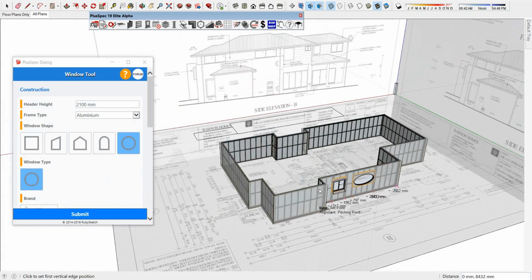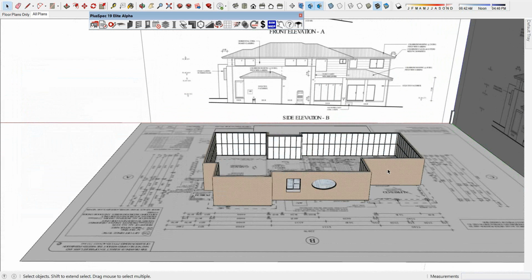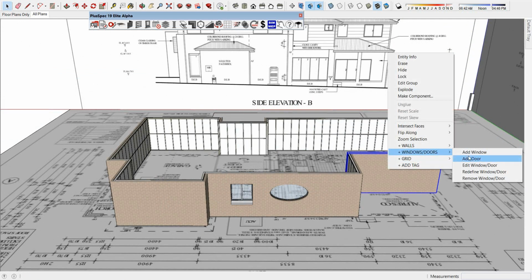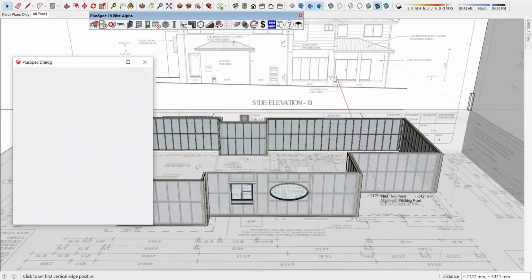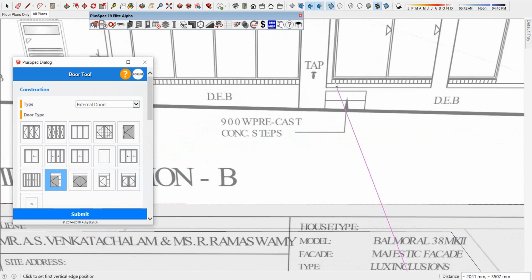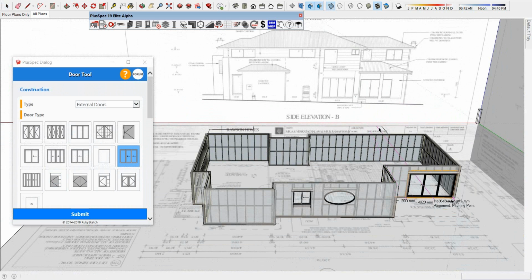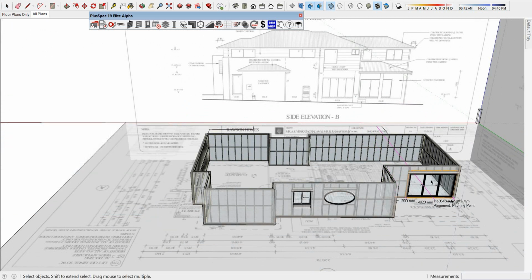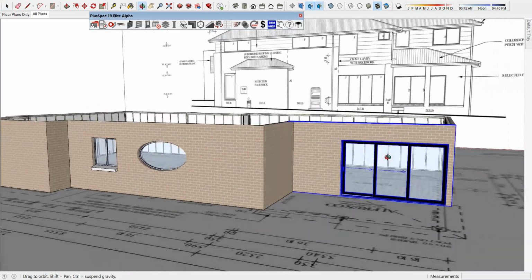Right, so once I have a set of plans there, I can associate windows and doors according to the set of plans very, very quickly. Add a door here. You can see we've got a door there. I could probably even click over here to put that door in. Right, so I've got a door here. Make sure it's the same type of door. I've got a slider here, and I'm going to put that into this wall. Okay, and you'll notice that I now have my door in there. I'm not sure if the plans are lined up, but the main point is that when I'm adding this information,